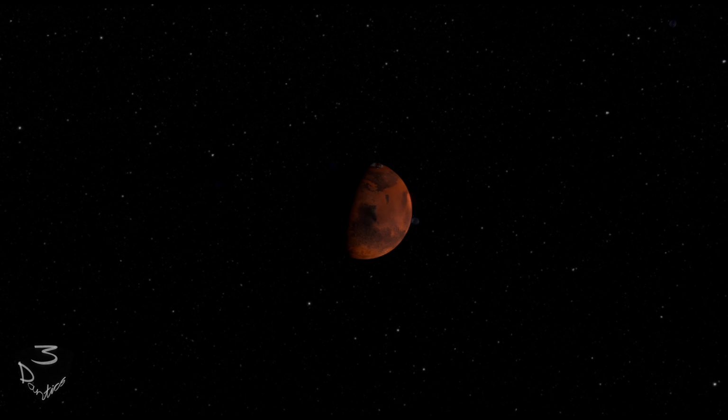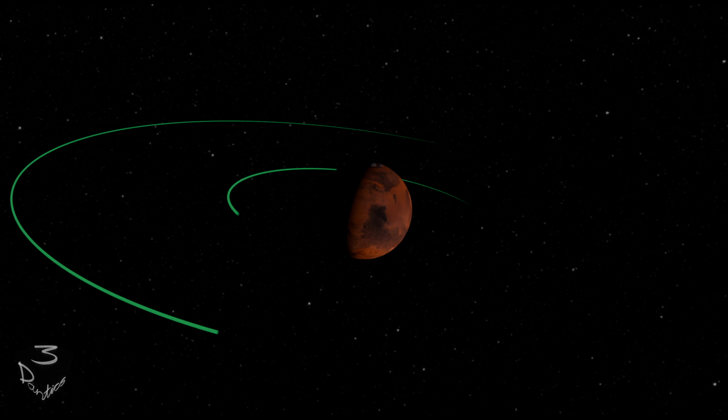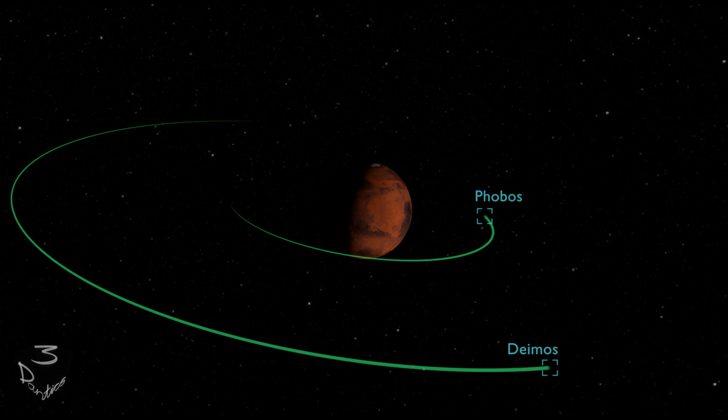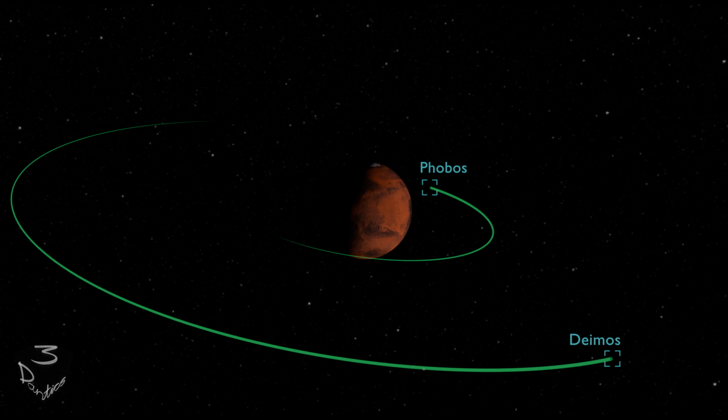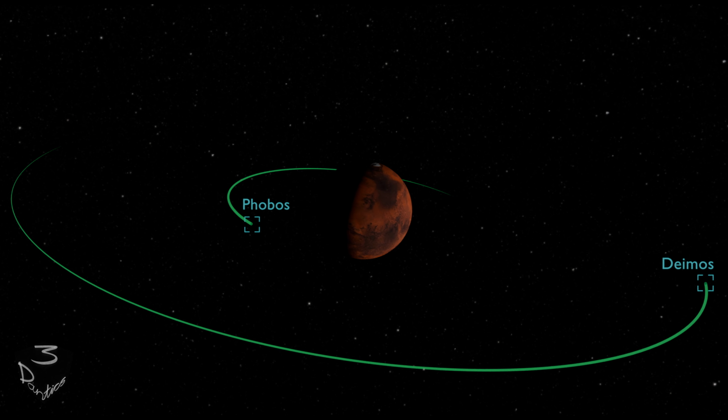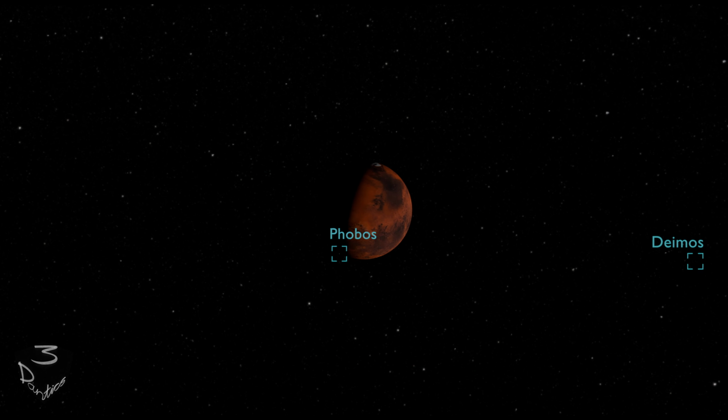Mars also has moons, 2 of them, though as major moons go, they're positively tiny. They're called Phobos and Deimos, named after the sons of the god Mars, and they're only a few kilometres across, not nearly enough for their gravities to form them into spherical shape. They're effectively large rocks.